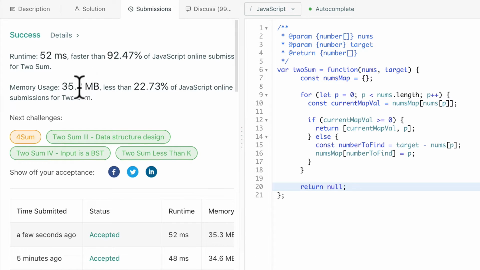And the reason for this memory usage is because of this on line 10, where we set a separate value equal to the nums map, nums at p. What we did here on line 10 is a best practice, or at least it's a better practice because it's much more legible. We're much more aware of what the code is doing. This is not going to dock you any points in the interview. For example, we know that all we're doing is we're caching it and then we're just putting it in these